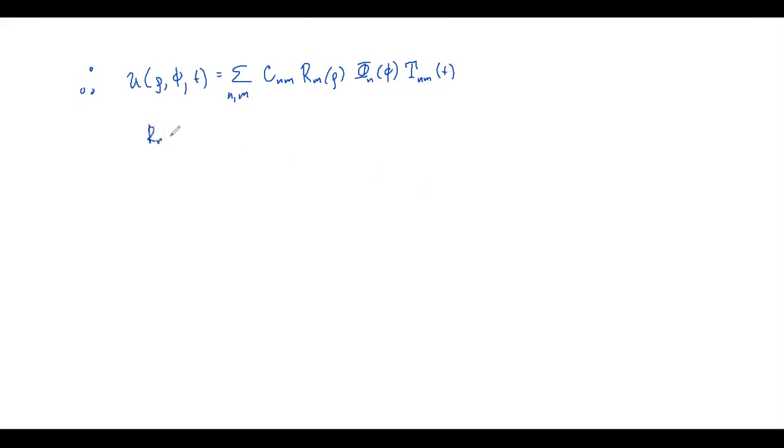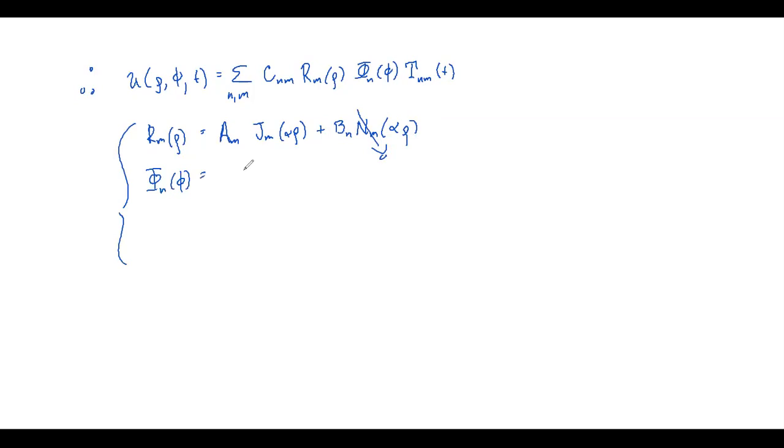And we know that the R_nm are Bessel functions. And conceivably, we could have Neumann functions, but I'll leave them out because we didn't go too far into their properties. These don't exist in this problem. And then we have Φ_n equal to